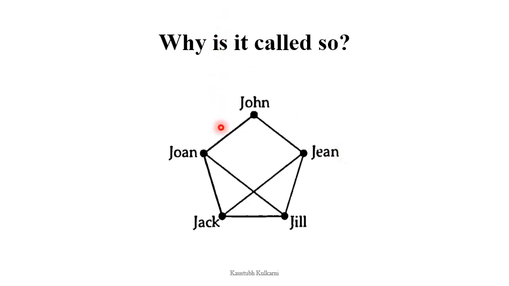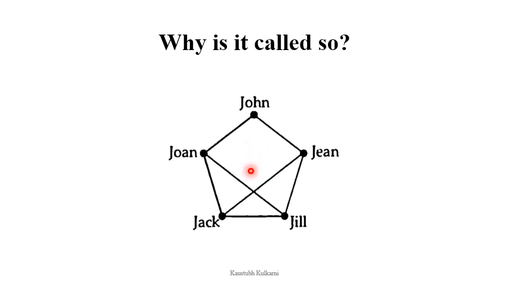The degree of a vertex is the number of hands shaken by the corresponding person. For example, the degree of John is 2, meaning John has shaken hands with 2 people, one with Joan and one with Jean. So the sum of the degrees is the total number of hands shaken. That is, the handshaking lemma states that the total number of hands shaken will be twice the number of handshakes,